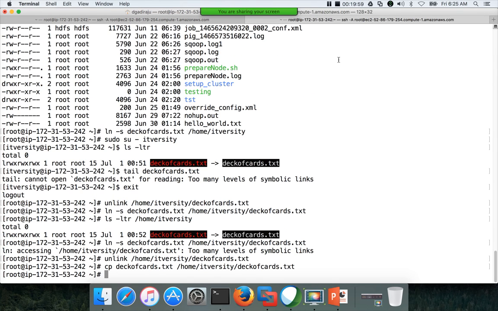Yeah, it is done. So now I am logged in as itversity by running sudo su - itversity.